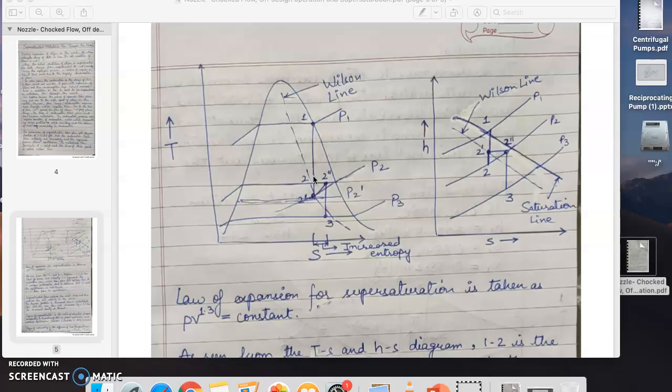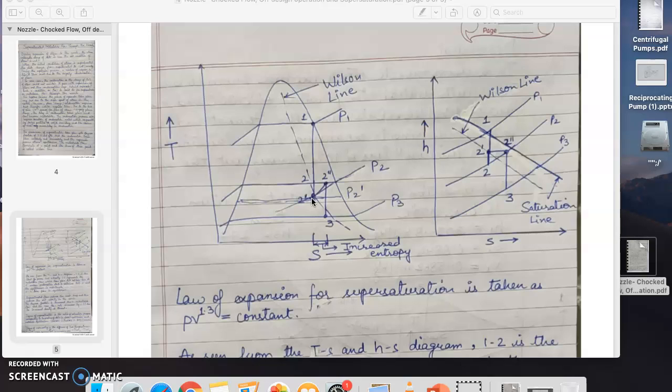Where has the water come from? Water comes from the condensation. So that means during this flow, condensation takes place along with the expansion of steam. But as we know, condensation is a process which requires phase change, and phase change takes some time because it involves heat transfer. Heat transfer will take some time, and due to the very high speed of the steam during this flow, the condensation is unable to maintain the pace with the expansion of steam, and hence the condensation lags behind or is delayed.